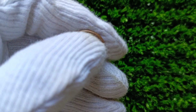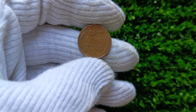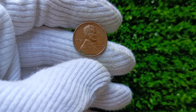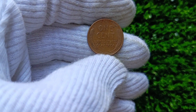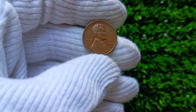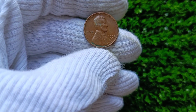Repunched mintmark, RPM, varieties of the 1957 penny are another fascinating error type that adds to the coin's value. Because mintmarks were applied by hand at the time, some coins display multiple impressions of the D mintmark, often visible under magnification. Some varieties show a clear doubling of the D, while others may display a tripled effect. These minor errors contribute to the rarity and uniqueness of individual specimens, making them prized possessions among specialists in Lincoln